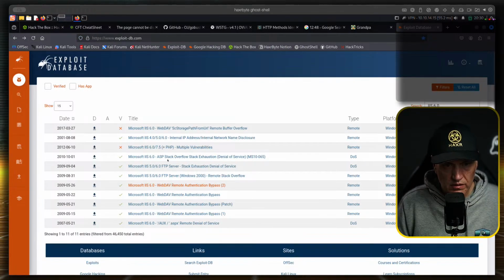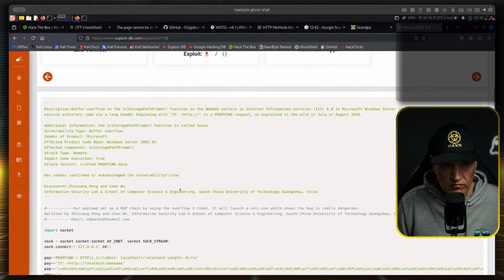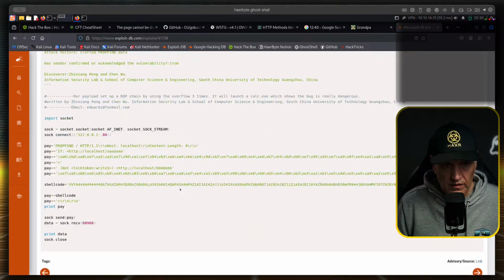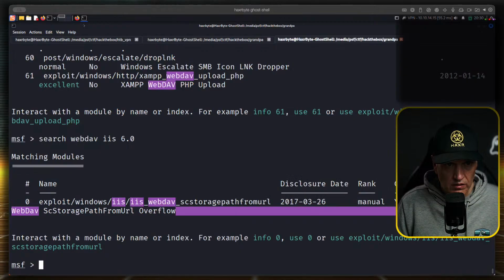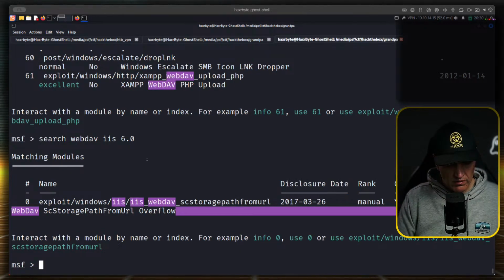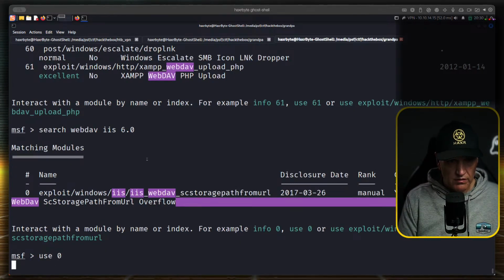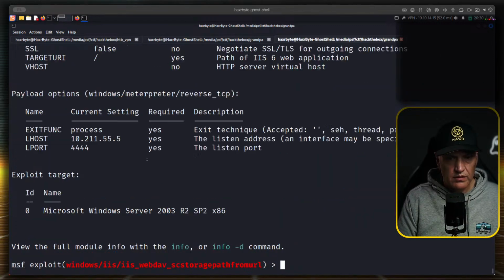Storage path. This one. So this is a buffer overflow, and you can run shellcode. Let's see. Use 0, options.